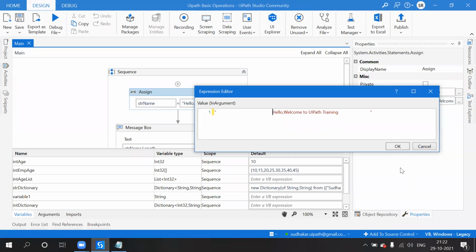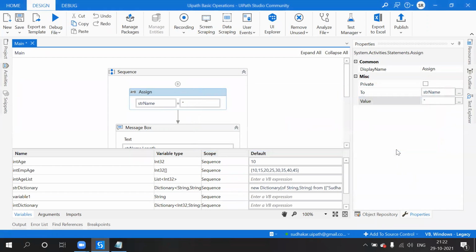It doesn't remove any special characters or anything in between. And one more interview question: I have some space at the end of the string or in the beginning of the string. How can you remove the space? So we will use trim end and trim start.